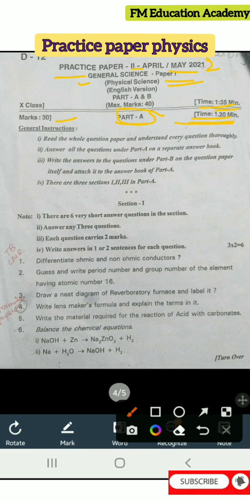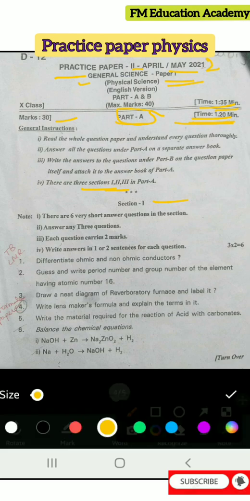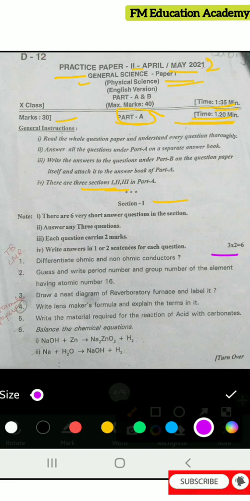So it will consist of 3 sections, 1, 2 and 3. In section 1, 6 questions will be given and they are of 2 marks each, and you can solve any 3 questions. But in today's paper, we will be discussing all the questions without choice so that you can prepare for your board exams. So my suggestion to you is listen to all the questions carefully, learn it, because there is a chance that these questions might come again for the final board exam 2022, which are there in May.